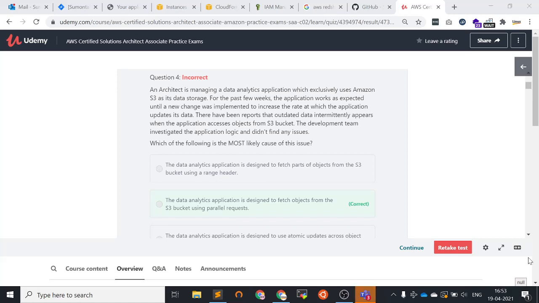It has been reported that outdated data intermittently appears when the application accesses objects from the S3 bucket. The development team investigated the application logic and did not find any issue. Which of the following is the most likely cause of this issue?